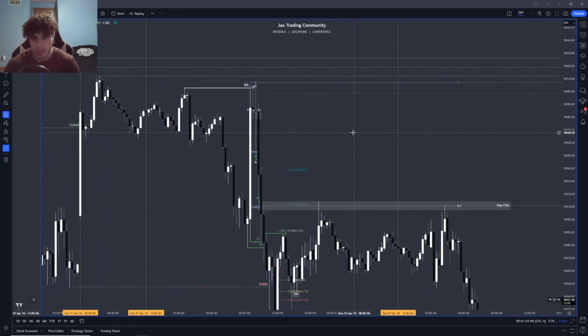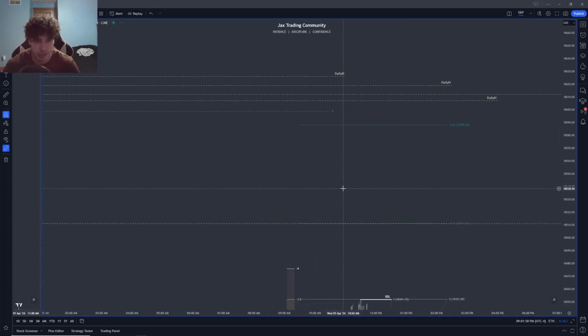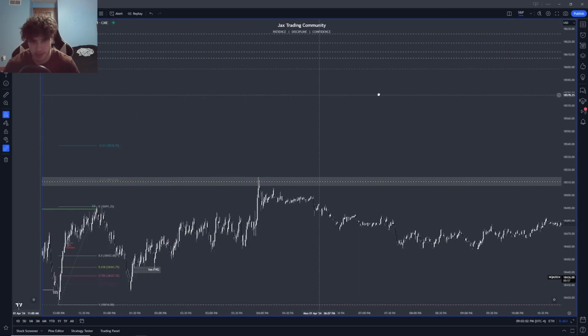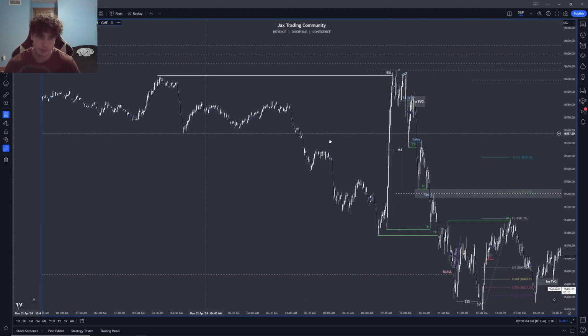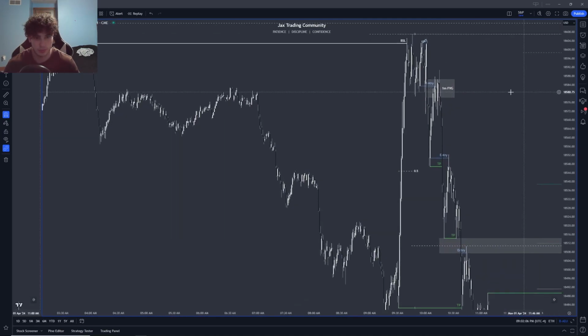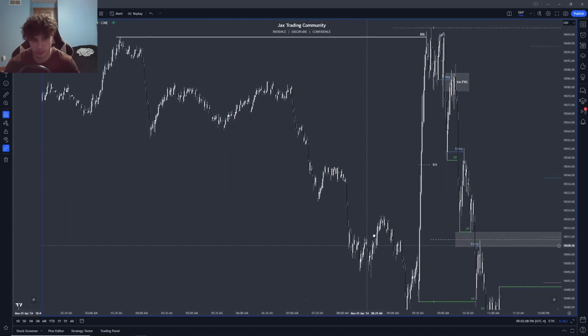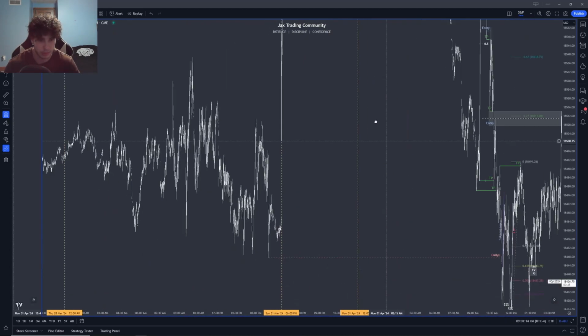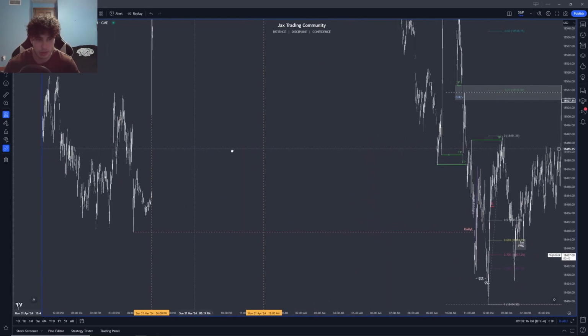Going into the morning Monday, I did not trade because I was on vacation, but as I was backtesting price, I did see this. So, in the morning, we have a massive downtrend. We are selling off all through the night, and into the morning, we are all the way down here. So, also looking at this,